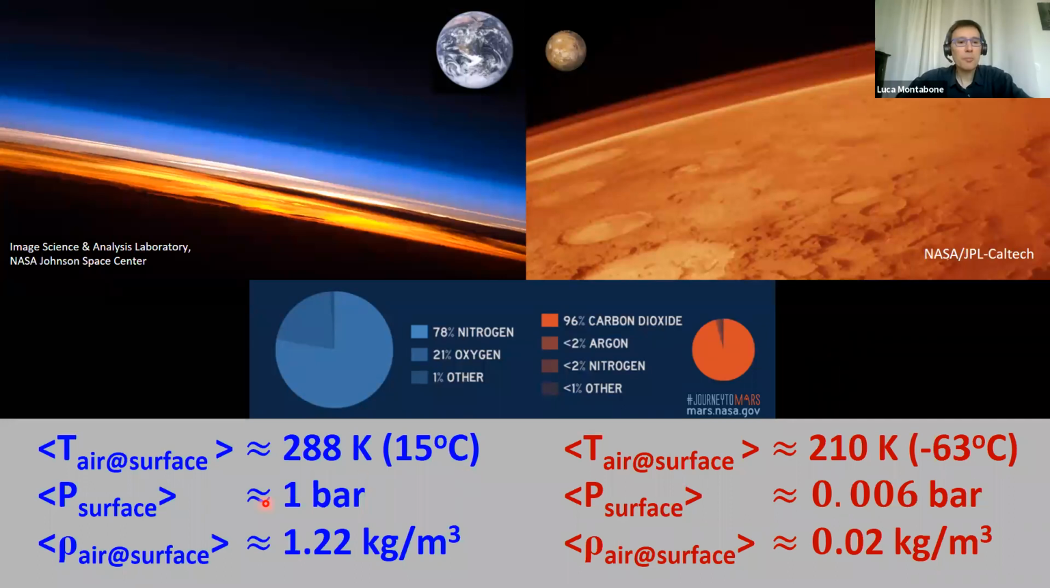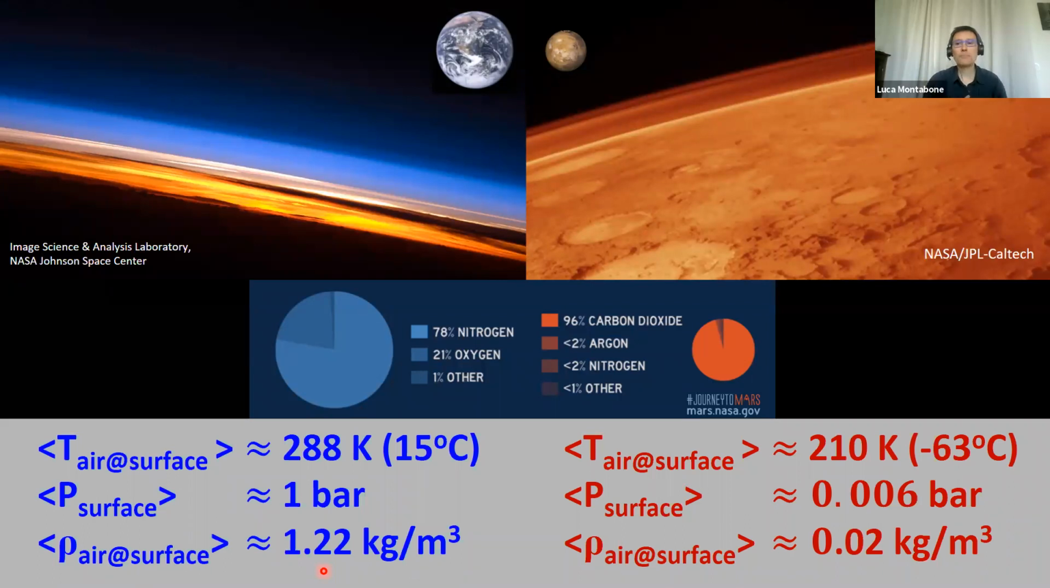In terms of temperature, pressure, and density, the average temperature on Mars is much colder than the average temperature on Earth. We are about minus 63 degrees centigrade. The pressure is much lower. We are 6 millibar compared to 1 bar on Earth at the surface. And the density is lower as well: 0.02 kilogram per cubic meter at the surface, and for Earth, we have 1.22. So to compare, the density of the air at the surface of Mars is about the density you would have in the Earth atmosphere at 35 kilometers altitude. So it's a very rarefied atmosphere,